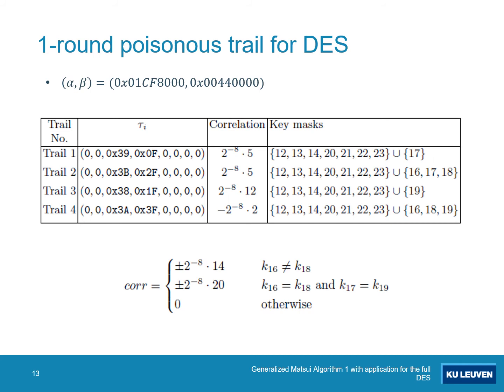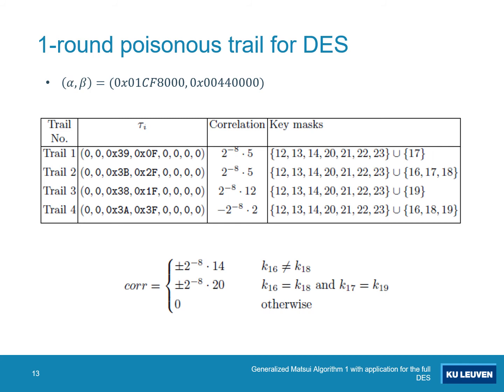The linear approximation has the input and the output masks, the one presented on the slide. While alpha and beta have fixed values, the tau intermediate masks might take 4 different values. Each tau mask leads to a different correlation and to a different key mask. While the key mask is equal to the tau mask, we use the set notation to specify which of the